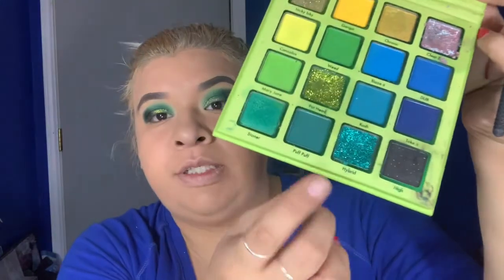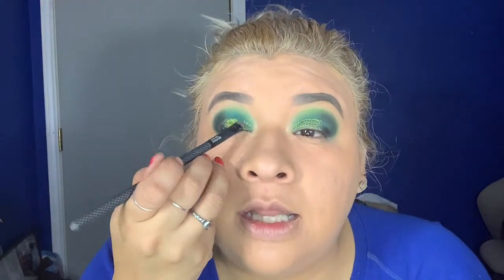So before I tell you guys the other palettes, I want to talk about this brush right here. This little guy right here is the best brush. There's two of them, but the other one is in Addison's makeup thing when we traveled. But this little guy right here, I love to apply the pressed pigment shadows, which are like the glittered ones like these right here. You need a special little brush for them because to me they won't work as great if you were to use a regular shadow brush. This little guy works wonders. It picks up the product, it applies the product really nice. So this is what I use, and I love this little brush. This is from Mod